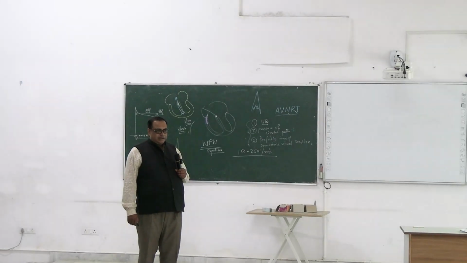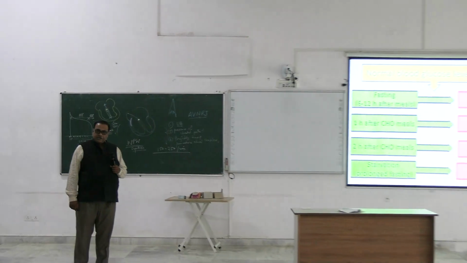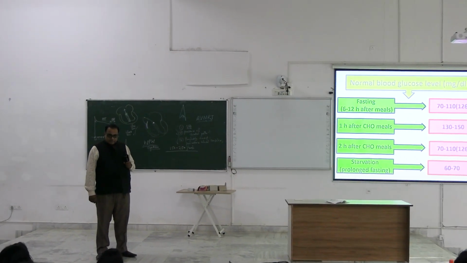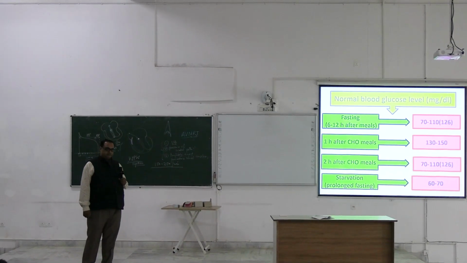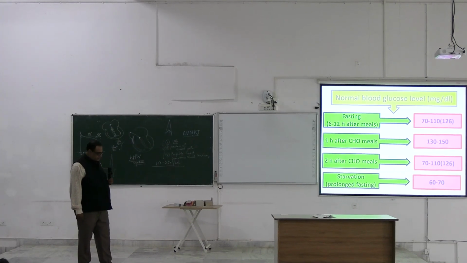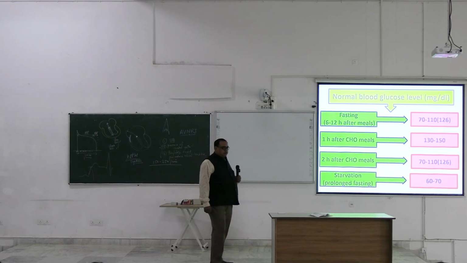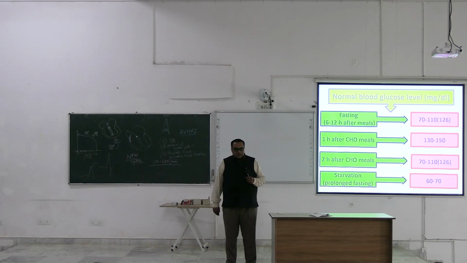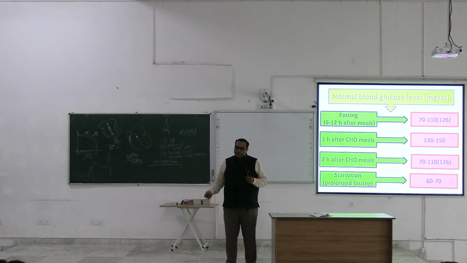So they decided it was 70 to 110. Then they changed it recently. They made it 70 to 99, just 1 below 100. Why? 10 years back they changed it. Because they said that if we keep it 110, then many people do not take care of their blood glucose level and very soon they become diabetic. So they introduced a new class called pre-diabetic.